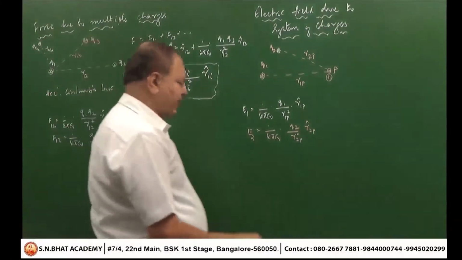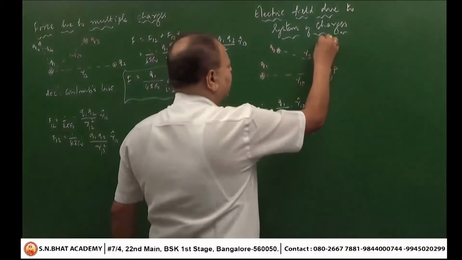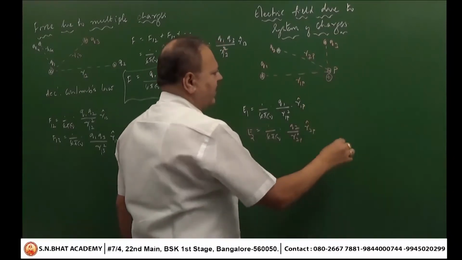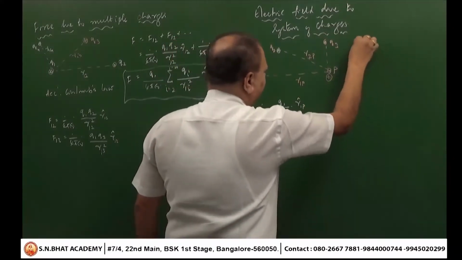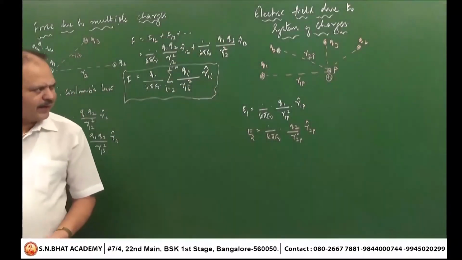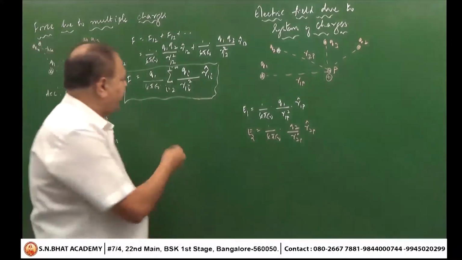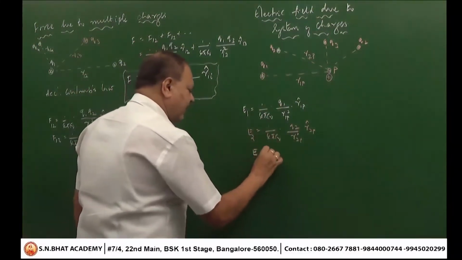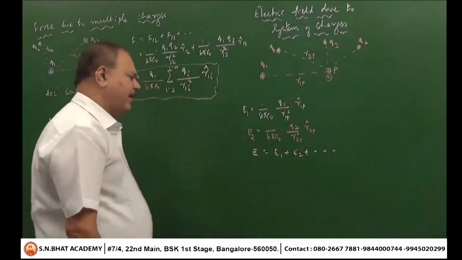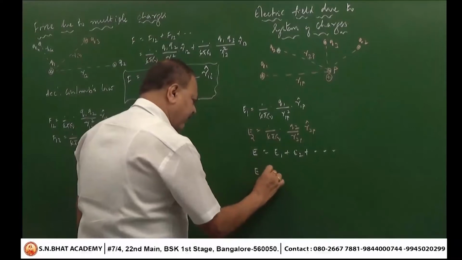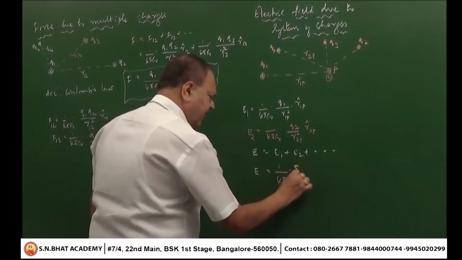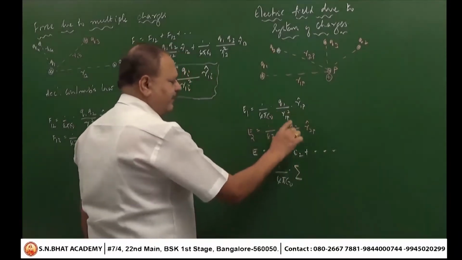Now suppose there are too many charges. I have one more charge here, Q3, and I want to calculate the electric field here, and I have one more charge Q4, so I need to find the electric field everywhere. Then you can calculate the magnitude of the electric field. If you keep adding in the same way, your E is equal to E1 plus E2 plus E3 and so on. When you add everything, finally 1 by 4 pi epsilon naught is a common factor, with a summation of